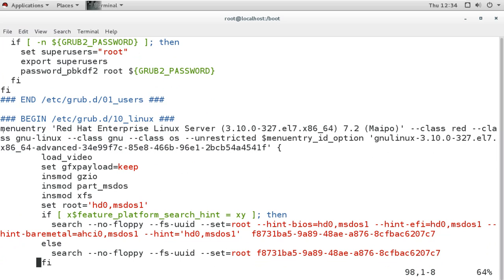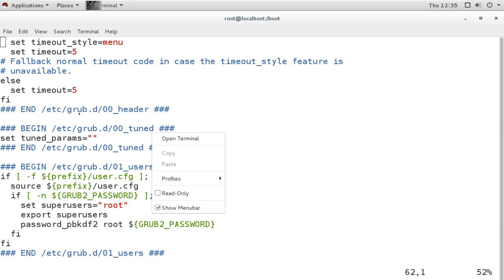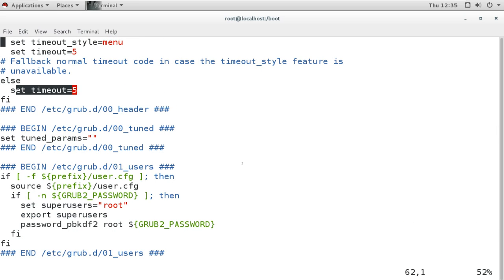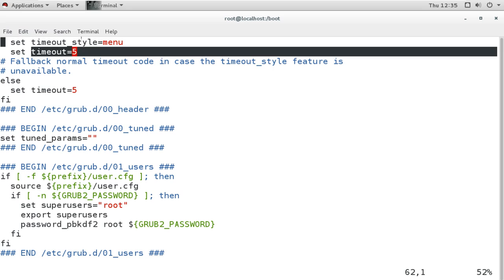This is the menu entry which we have seen when we started the system, and it waited for 5 seconds. That 5-second setting is here. You can see it is set here as a timeout of 5 seconds for the menu.